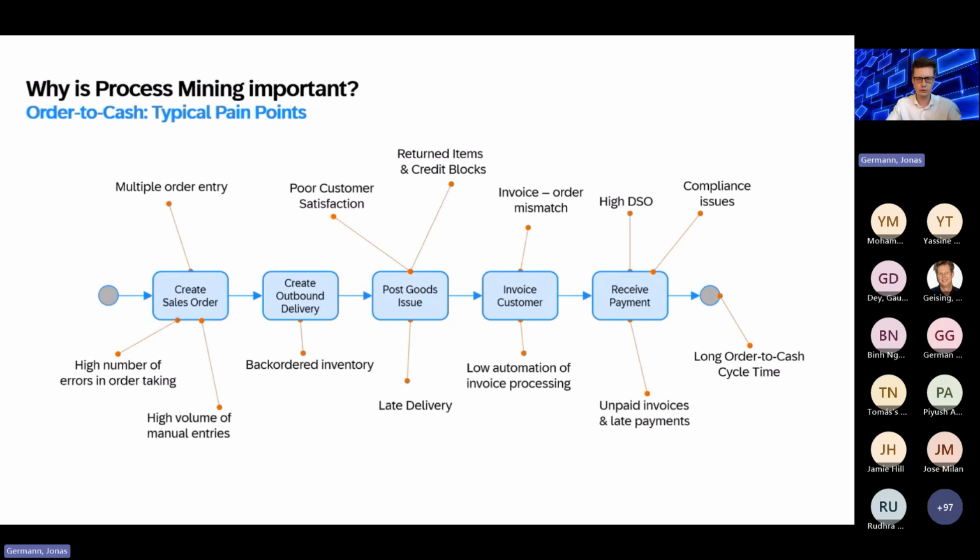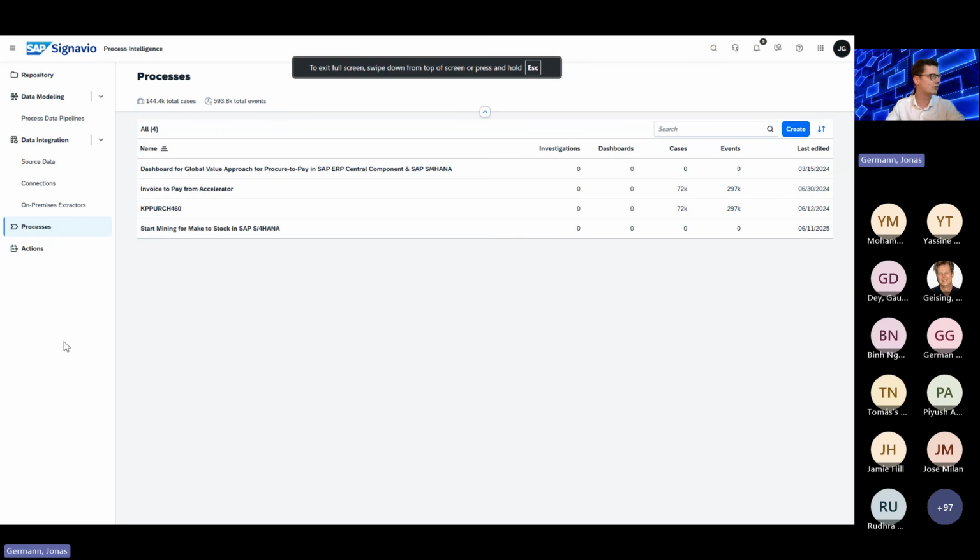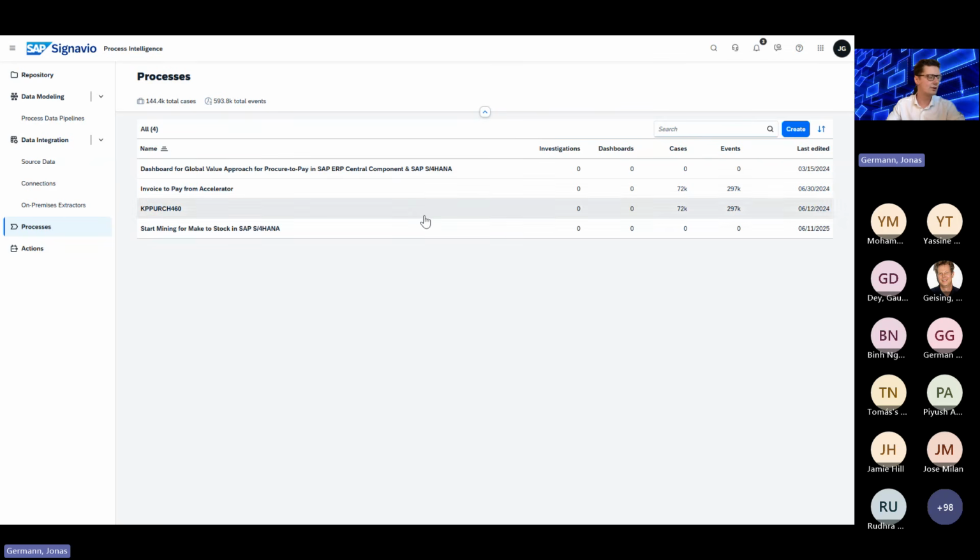And now I want to show you how you can benefit out of this data collection, the data analyzing, to make real actions out of this. For that, now I go into SAP Signavio Process Intelligence. In this case, I have here all the processes I have analyzed. I don't want to go deep into the process mining in case of what widgets and dashboards I have here.